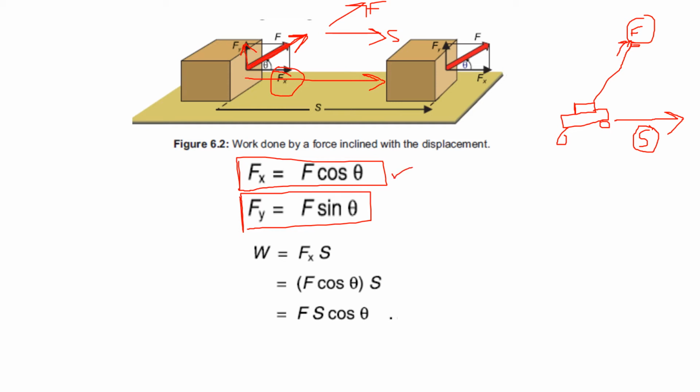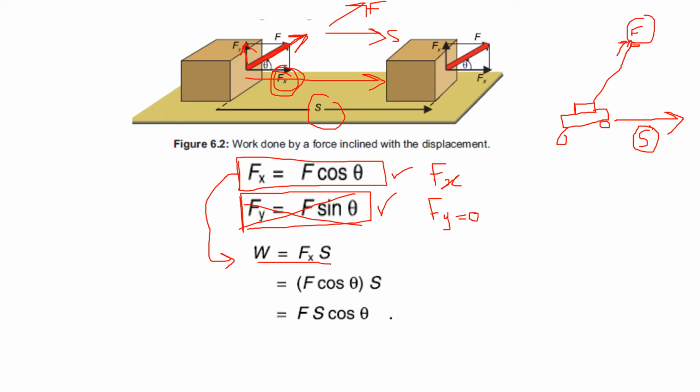So you can see that the distance is covered by the force along the x-axis. So what happens? The Fx component will exist over here, and the Fy component will be equal to 0, because there is no distance covered in the direction of Fy, right? So we can neglect this, and we can just consider this formula in this case. And as the formula is W is equal to F into s, and F is along the x-axis, so we can write W is equal to Fx into s.